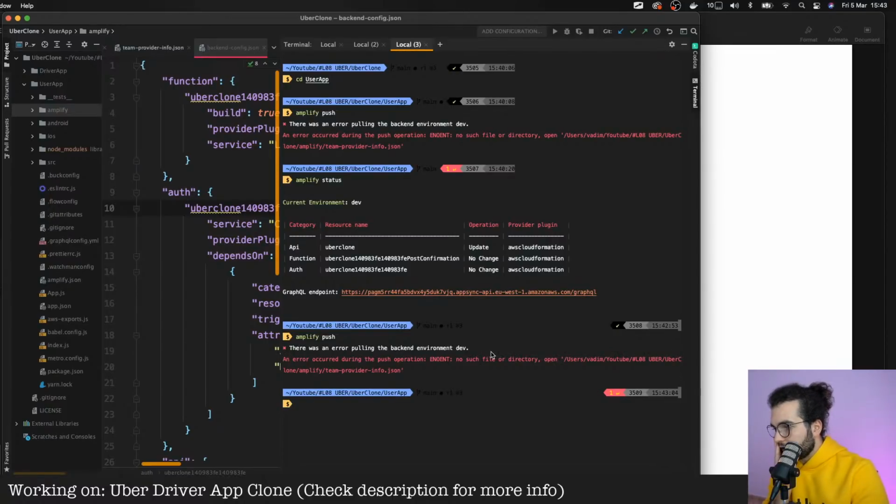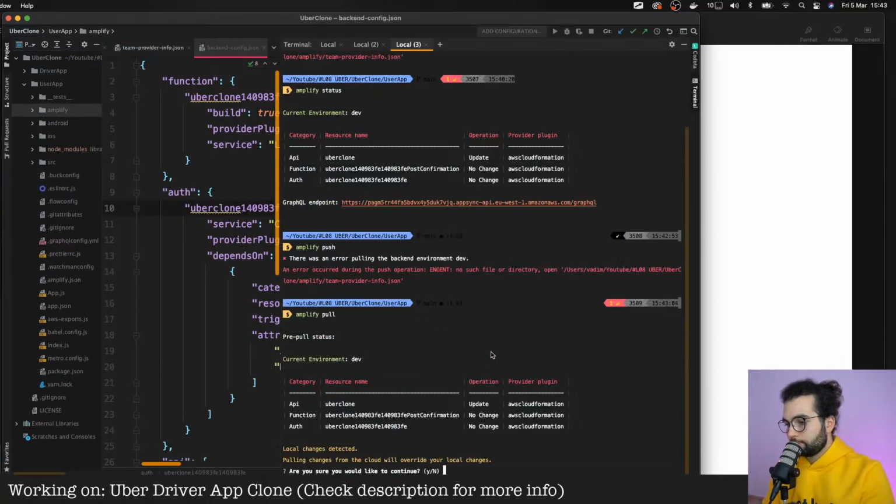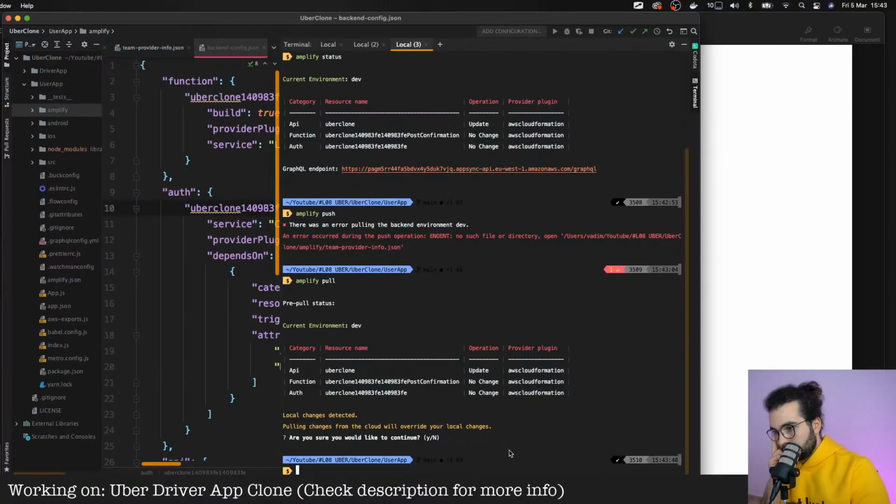No such file or directory. Amplify pull, but I don't think that's a good idea. No, local changes detected, so we don't want to override them.